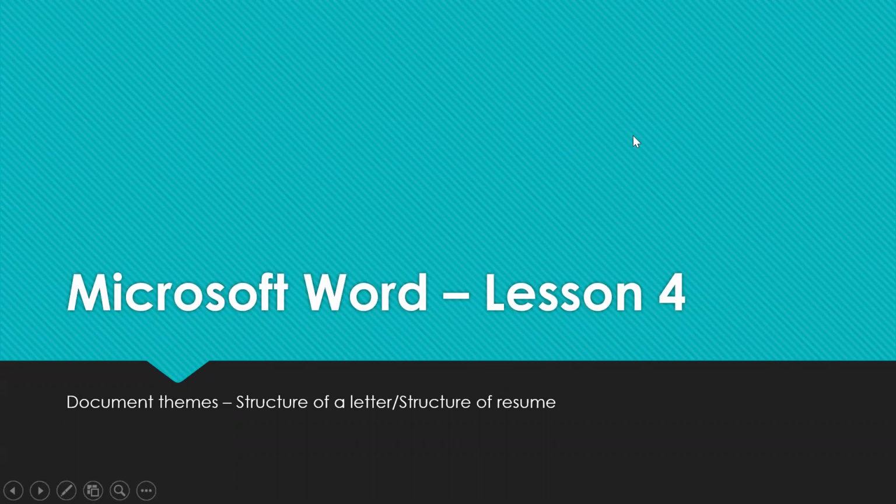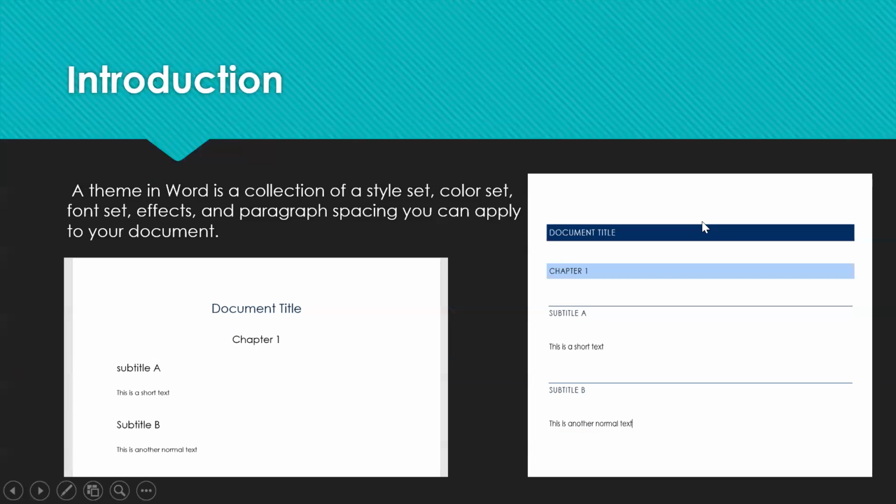So we'll start with what is a theme. A theme is nothing but a collection of color sets, font sets, effects, and paragraph spacing you can apply to a document. You can say it's a combination of all these things.